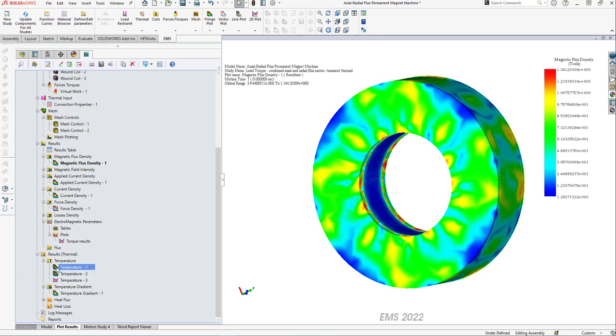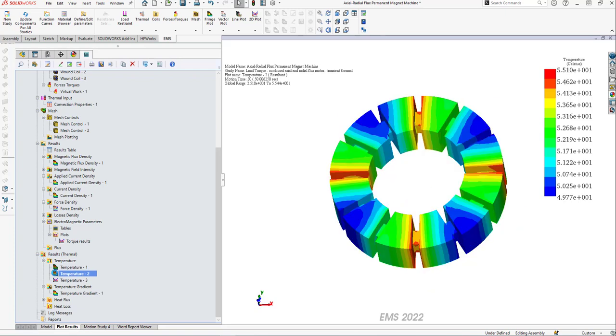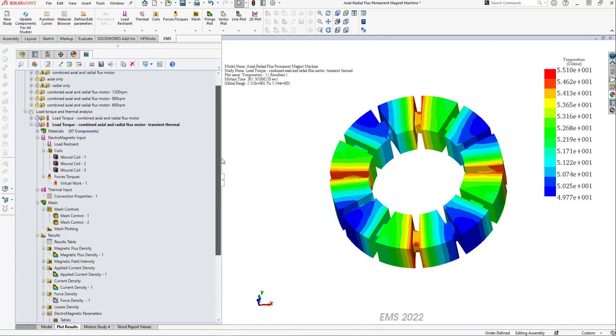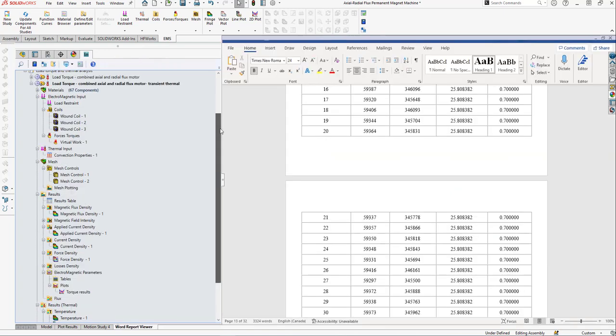So I'll show you the temperature distribution, and this is what I showed you in the PowerPoint, the temperature distribution in the stator core. For the load analysis, I can do steady state thermal or transient thermal, and this one is of course using transient magnetic. So to conclude,